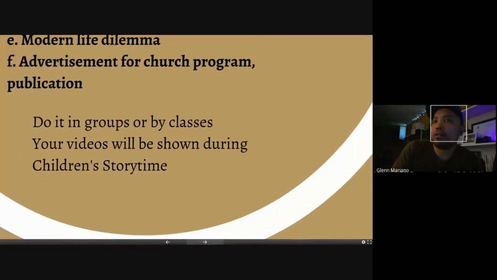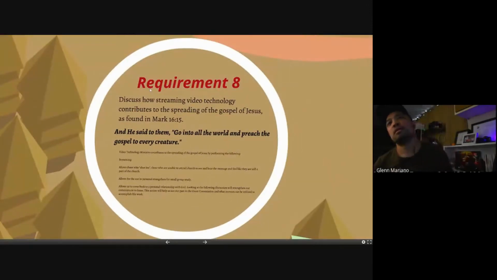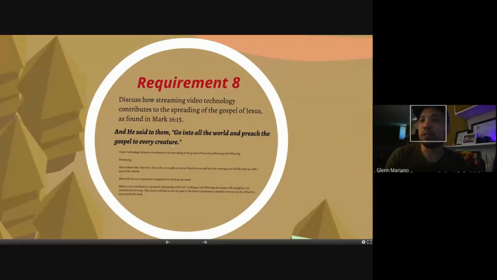So yeah, that's requirement 7. Requirement 8. Discuss how streaming video technology contributes to the spreading of the gospel of Jesus, as found in Mark 16:15. So he said to them, "Go into all the world and preach the gospel to every creature." So with the rise of online video like YouTube and Netflix, we have an opportunity to reach a lot of people with our videos. So video ministry, like online church services, especially in light of the pandemic, where all our services